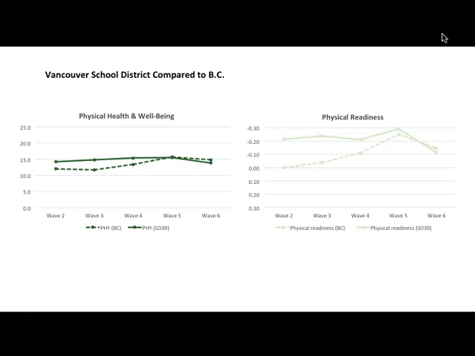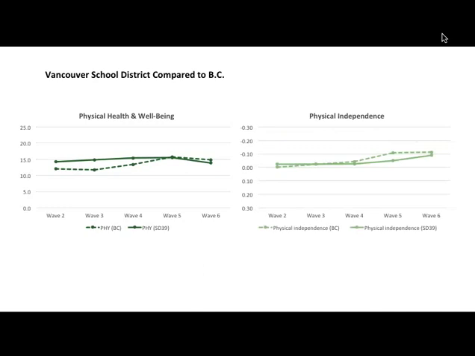It's only in wave 5 and 6 where essentially the province catches up to Vancouver in terms of what the subscale scores are. So this is maybe an area of particular concern in Vancouver compared to the rest of the province on this particular subscale, which is all about being late or hungry or underdressed. We don't know which of those things they are, but this is one thing that Vancouver people should look at, because there's a difference here where it's worse than the province. If we look at the other two subscales, comparing Vancouver and the province,